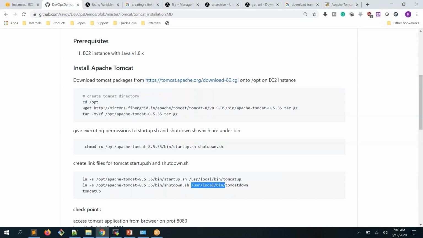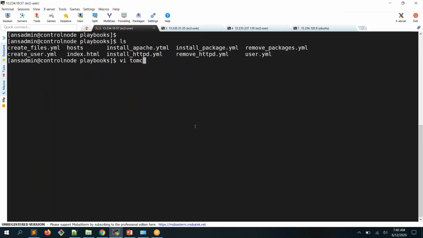This one should be /usr/local/bin, nothing but the default directory in which all your commands can be recognized. So if you create a link file, what will happen? This logically creates one more file, like a shortcut, in this location, and whenever you execute this particular command tomcat up, it will check in this particular location. That is the default behavior. How do I know it will check? If you specify where is ls, if you specify, you can see here it is going to check the usr bin, and